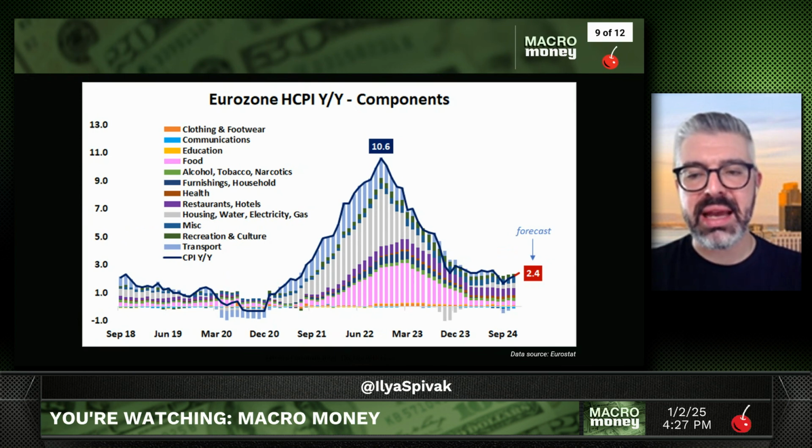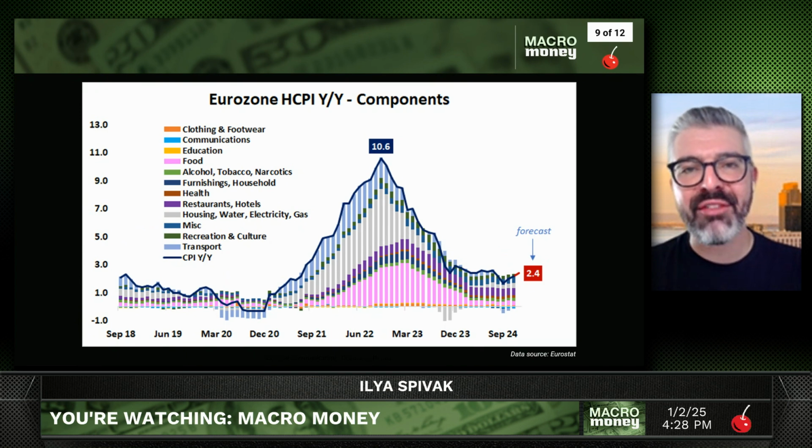In this case, the expectation is that we went up from 2.2% in November to 2.4% in December. And to put this in relative terms, this would be the highest that we've seen since July of 2024. So it would be a 5-month high